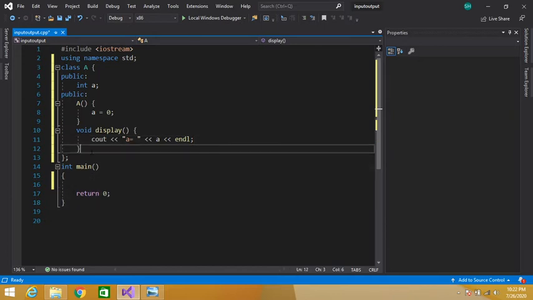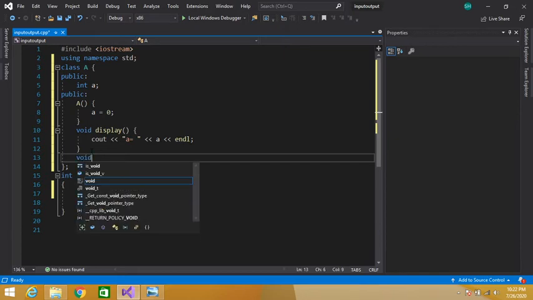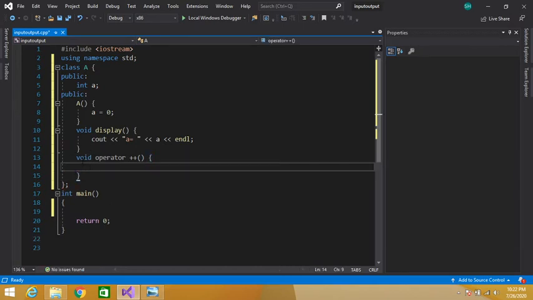Now let's see how to overload an operator. First we will write the return type of our function, then the operator keyword, and then the operator which you want to overload.